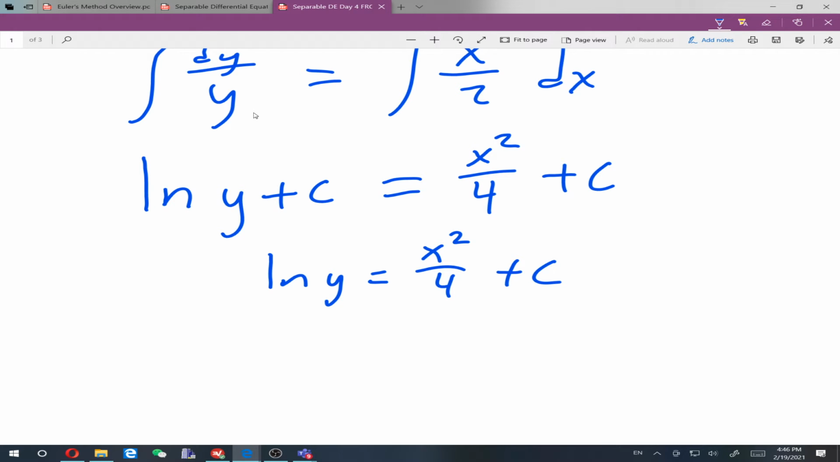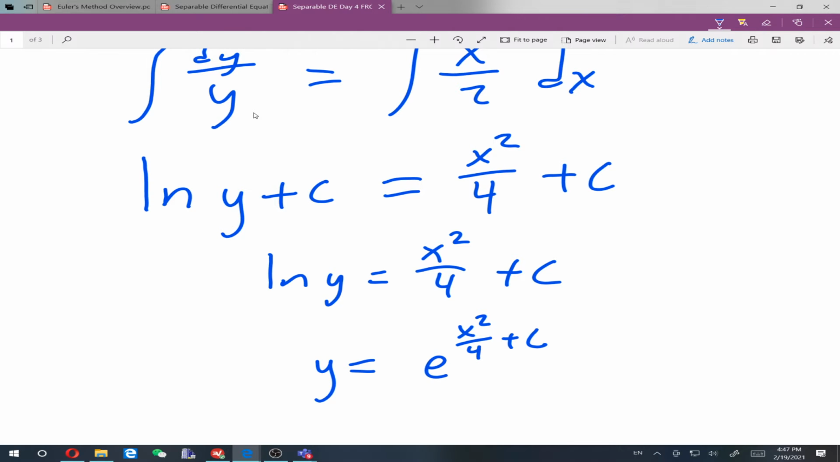Okay, next step. Kyle? So solving for... Are we solving for y? Yes. Okay, so we do e, I believe. Raise e to both sides, base of e. Perfect. So if I raise both sides to the base of e, what's the left side going to become? Y. So y equals e to the x squared over 4 plus